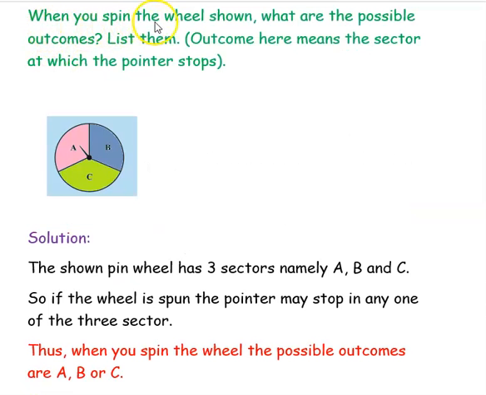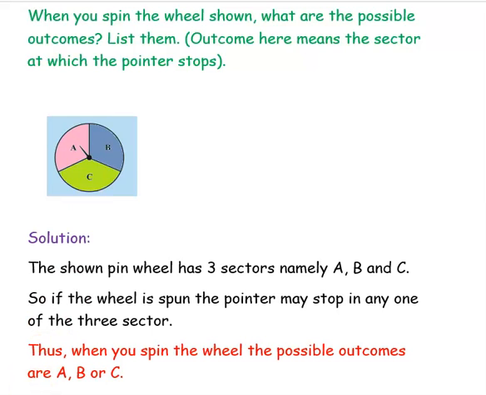Next question is, when you spin the wheel shown, what are the possible outcomes? List them. Outcome here means the sector at which the pointer stops. So here this is the pointer and you have 3 sectors A, B and C. So the shown spin wheel has 3 sectors. If the wheel is spun, the pointer may stop in any one of the 3 sectors. So thus there are 3 possible outcomes. The pointer may point to either A, B or C, but you cannot predict where the pointer will be exactly